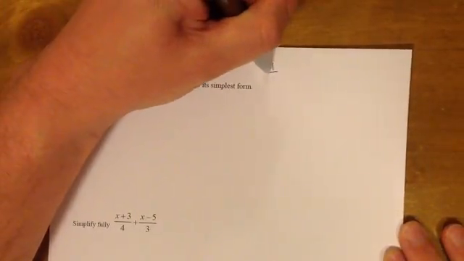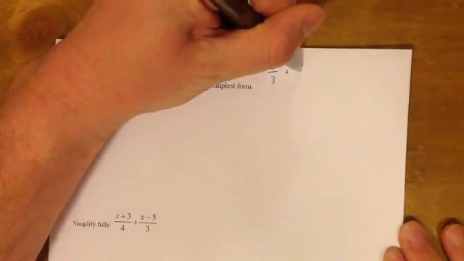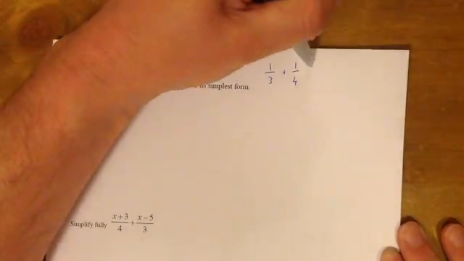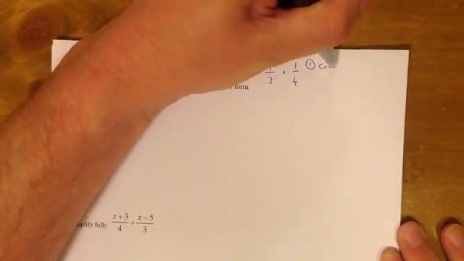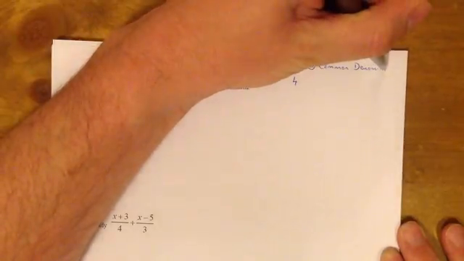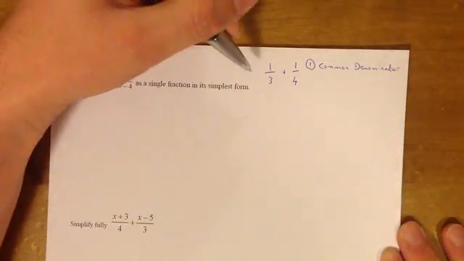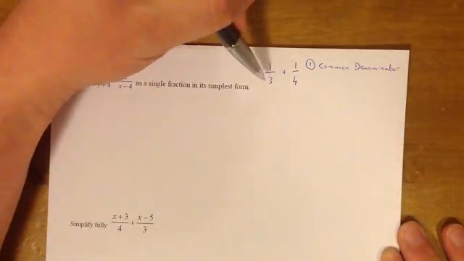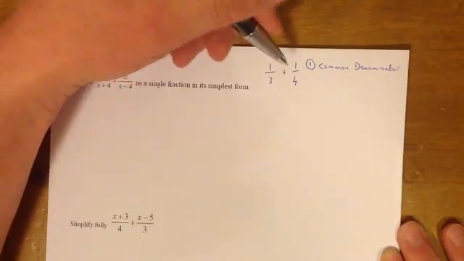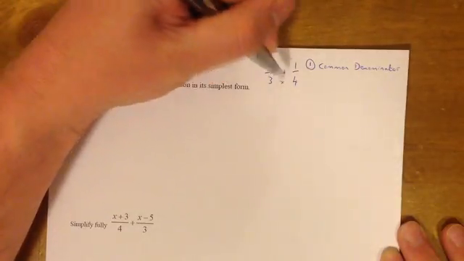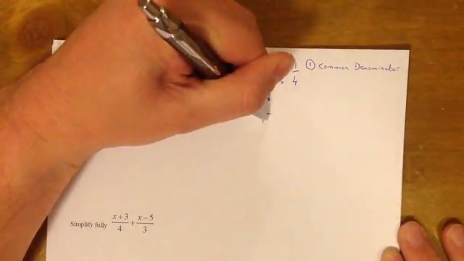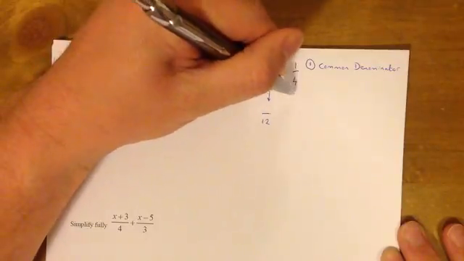If I had, for example, 1/3 plus 1/4, there's a simple three-step method for this. Step 1, we need to find what's called a common denominator. By that we mean create the denominators of both numbers into a value that's equal. So we currently have thirds and quarters, and I need to think about a number that both of those can become factors of. The easiest way to do this is to multiply them together. So I'm going to turn my thirds into twelfths, because 3 times 4 makes 12,